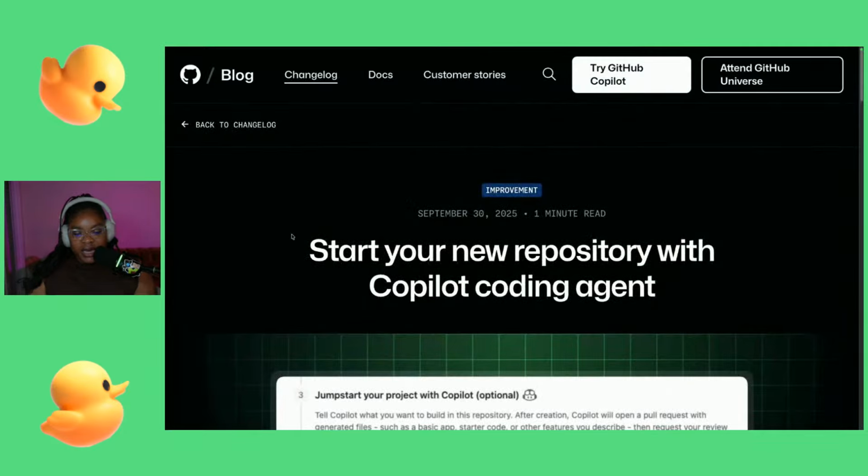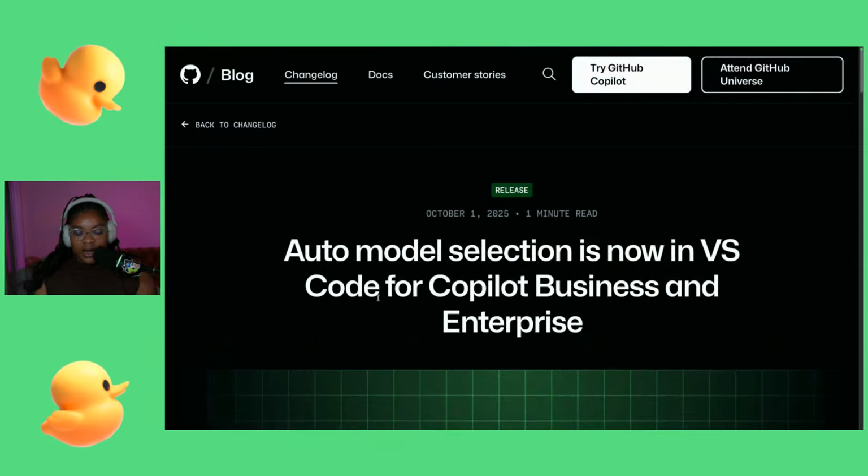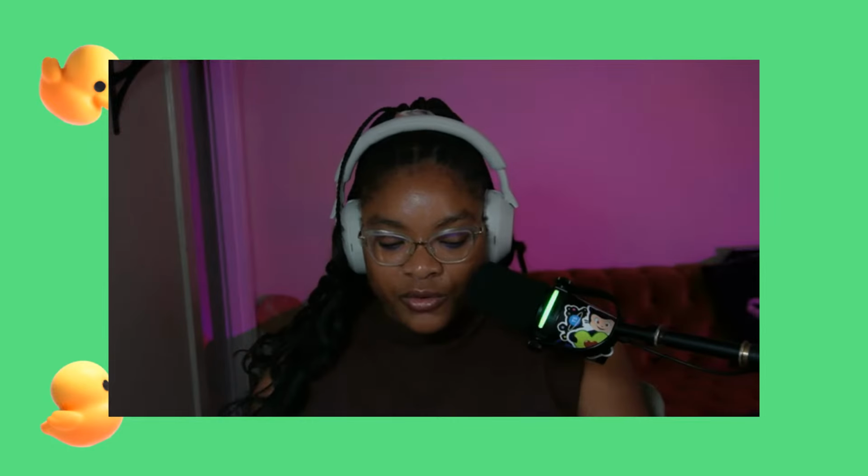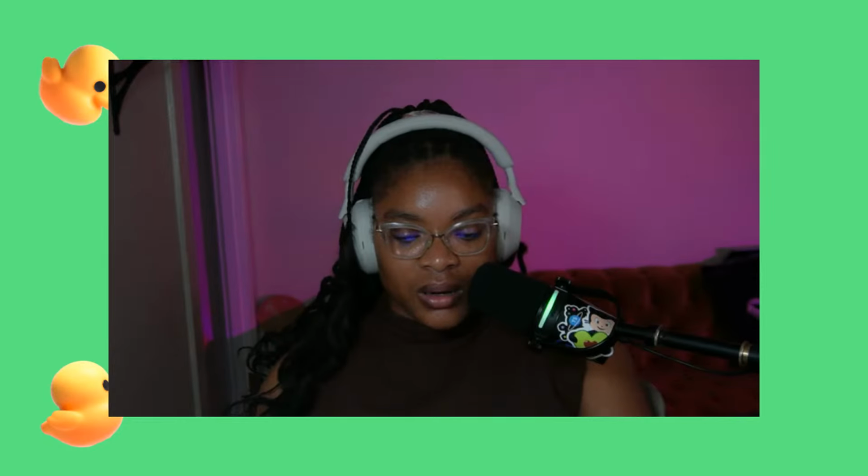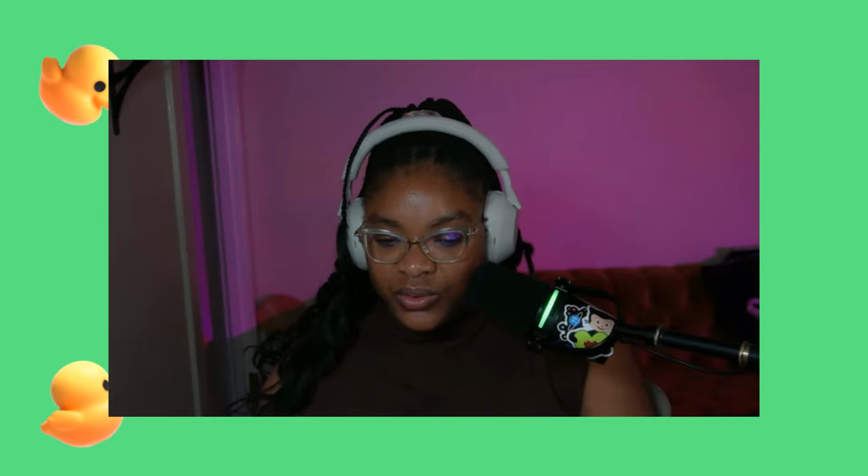The next thing is auto model selection is now in VS Code for Copilot Business and Enterprise. So I wanted to show you auto model selection last week, but I couldn't. But maybe this week I can. Let me remove my screen there and let me open up a project in VS Code. One second. I have to choose which one to open up.